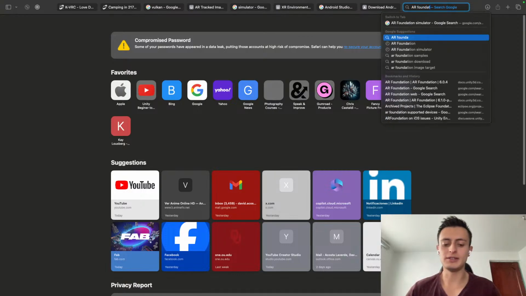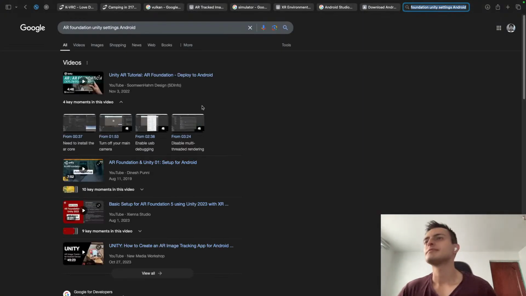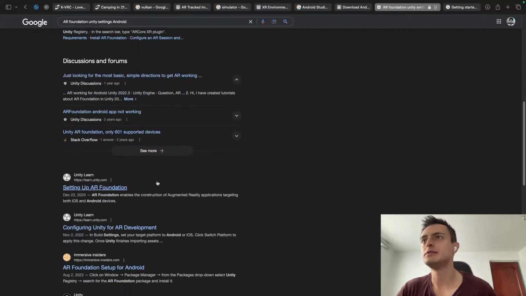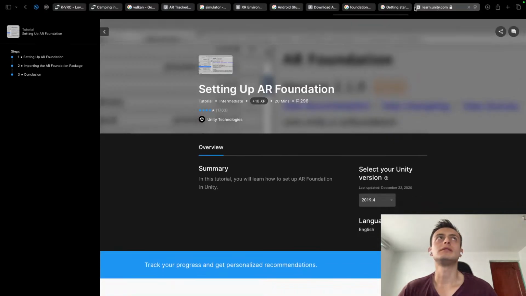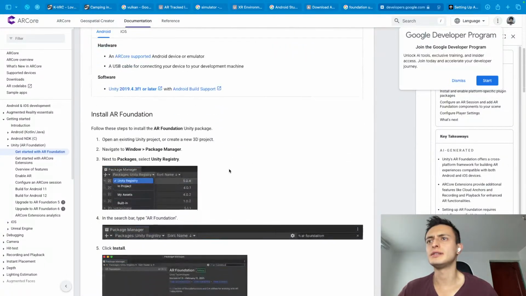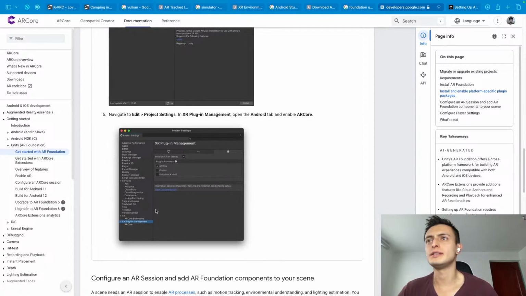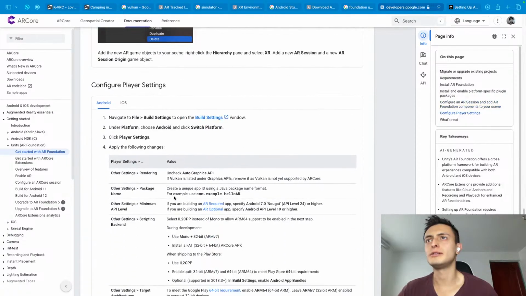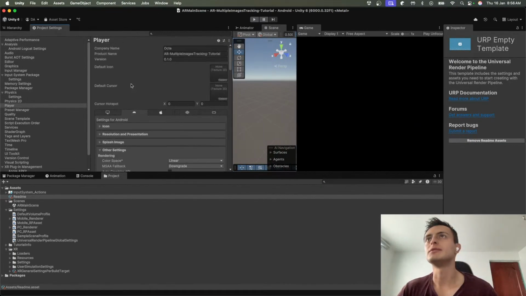AR Foundation, Unity settings, Android. Let's open up this one. Setting up AR Foundation. So I have this ARCore, Unity Registry, AR Foundation, Unity XR. Yes, I set up this here. Then I delete the camera. Rendering auto graphics. I have to uncheck these auto graphics. So let's go here